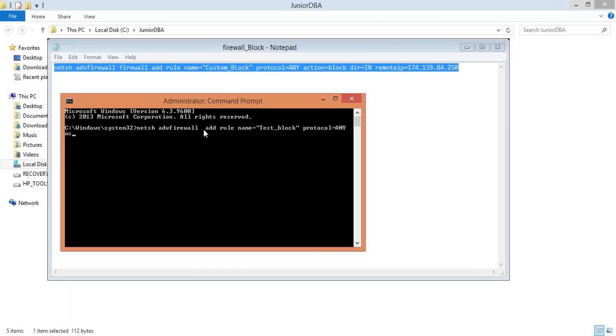Here protocols means a TCP/IP protocol, UDP protocol, FTP or anything. If you write any, all the protocols will be blocked. When you type action equal to block, then it will be blocked. What needs to be blocked? A remote IP: 174.139.84.250.